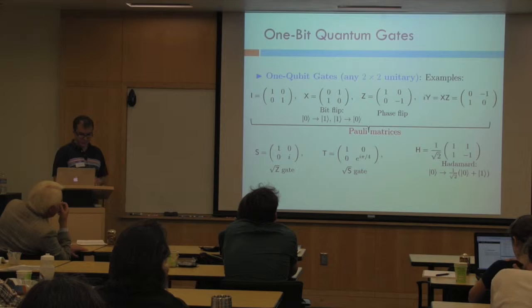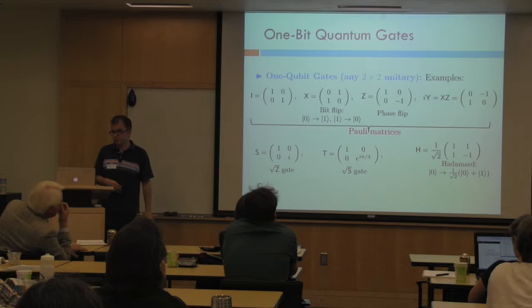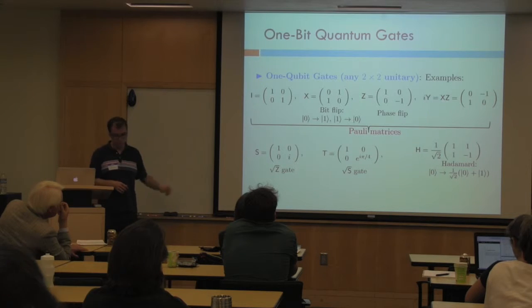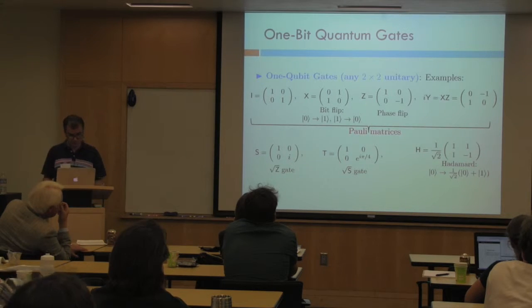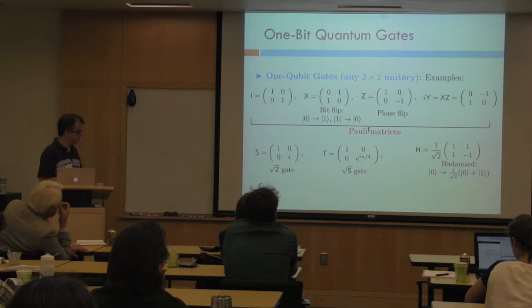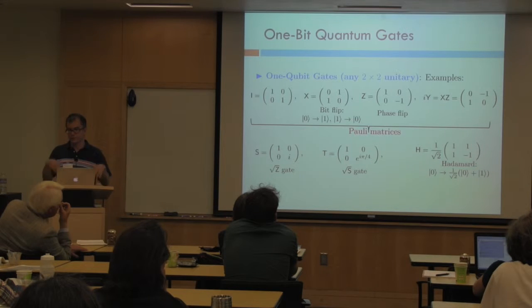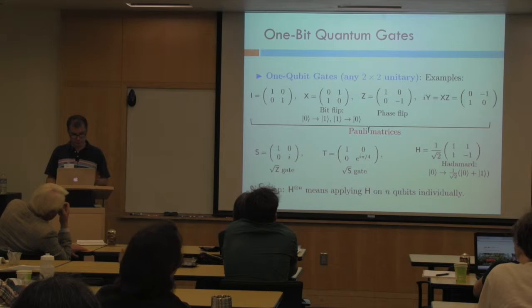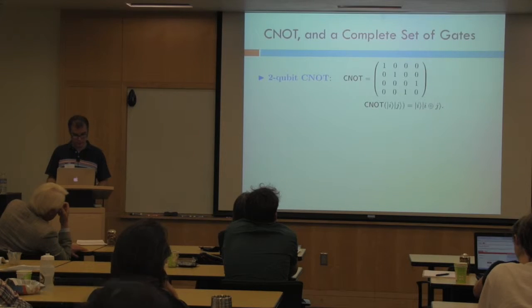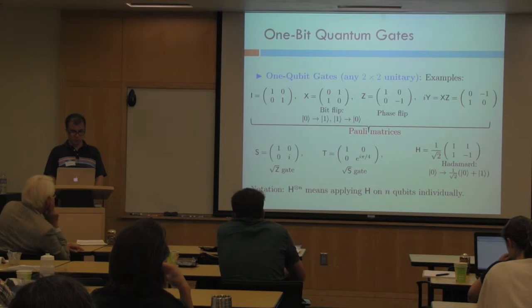And then there are some other gates. You can rotate by a smaller amount in the second position there. Multiply the second coefficient by i. And then you can rotate by an even smaller amount. That's called the T gate. And of course, there's the lovely Hadamard and various other gates. Actually, I won't get to that, so I won't use that. So those are 1 qubit gates. Those just operate on 1 qubit at a time.